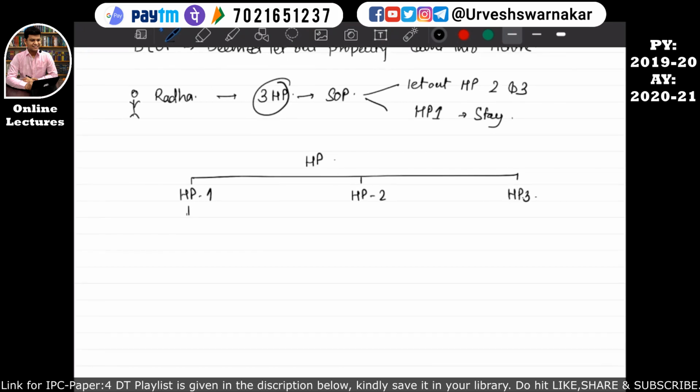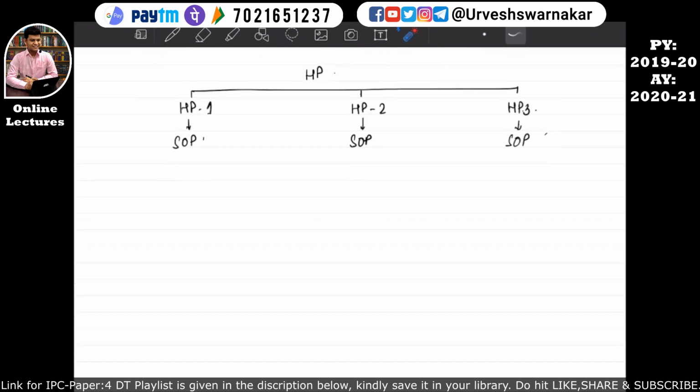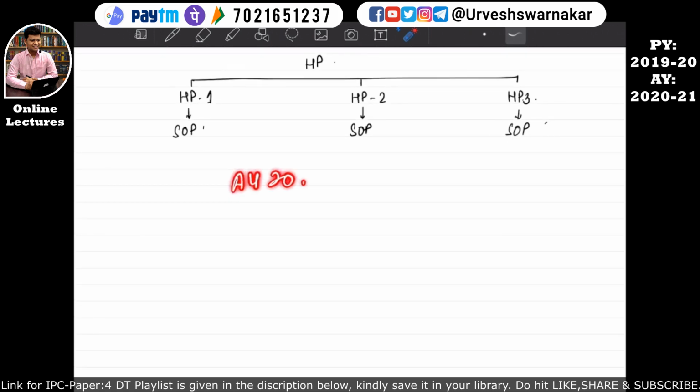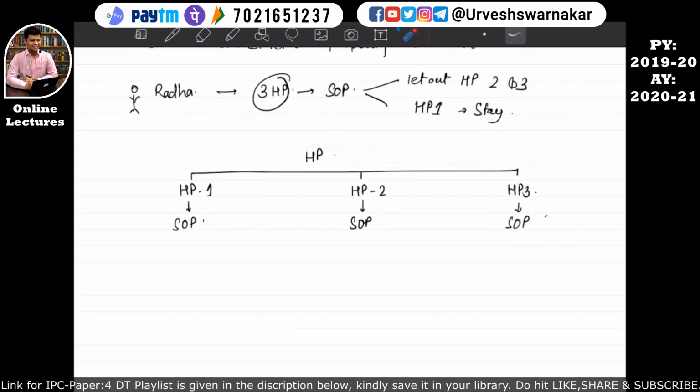And from house property 1, she is not earning any rental income because it is a self-occupied house property. Out of this, house property 2, she has let out, that means it is a LOP. And house property 3 also she has let out, but she is not showing it in the books, she is taking the rent money in the form of cash. Okay, so what income tax said is, in assessment year 2020-21, that if an assessee is having 3 house property